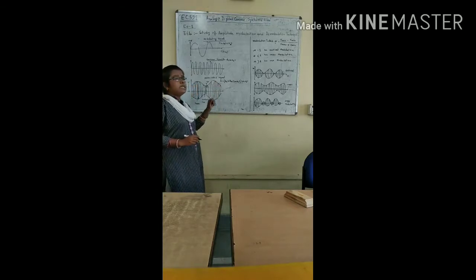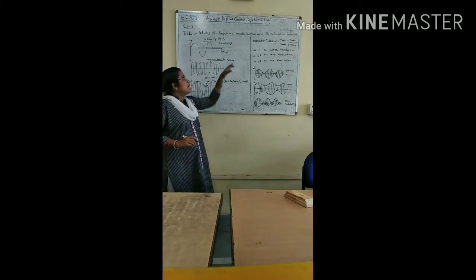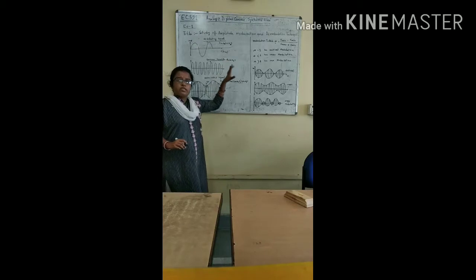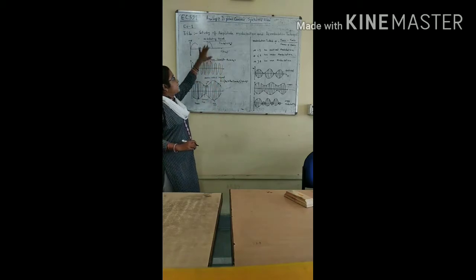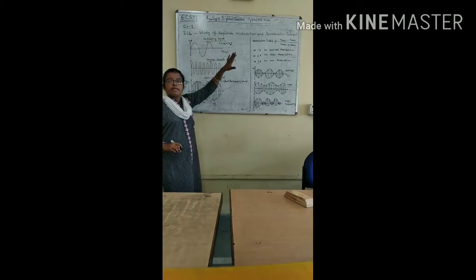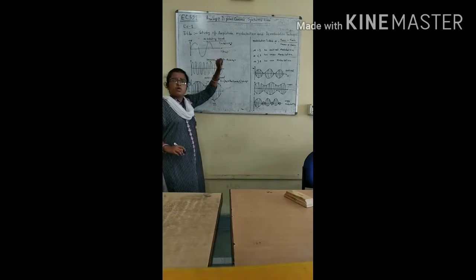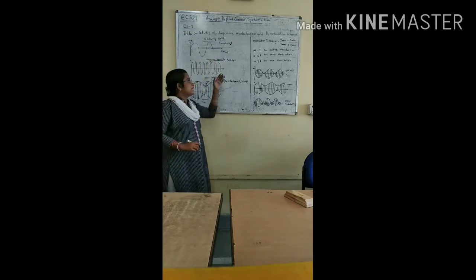In the lab class we need to explain a little bit of the theory part of that experiment. First, we need modulation. At first, we need two signals, the message signal and the carrier signal. The amplitude and the frequency of the message signal are very low, so this signal cannot be sent over a long distance. For this reason, we require a high frequency, high amplitude signal, that is the carrier signal.